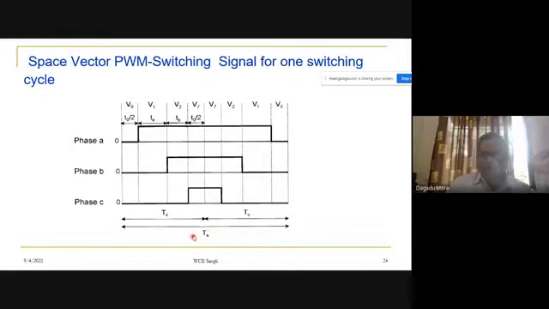TS will be 1 by Fs, and this TS is divided equally into TC, so TC will be TS by 2. This is for one instant of time, at one switching angle. Our space vector is switching at an angle of 0.5 degrees, and whatever calculations we are making,